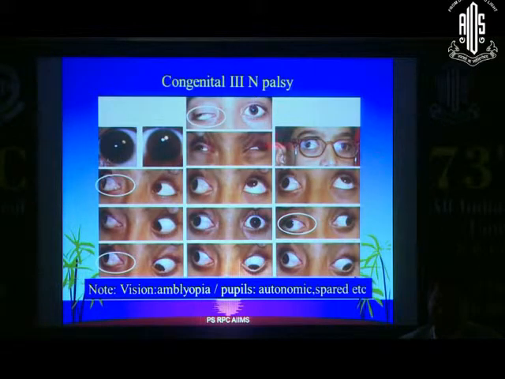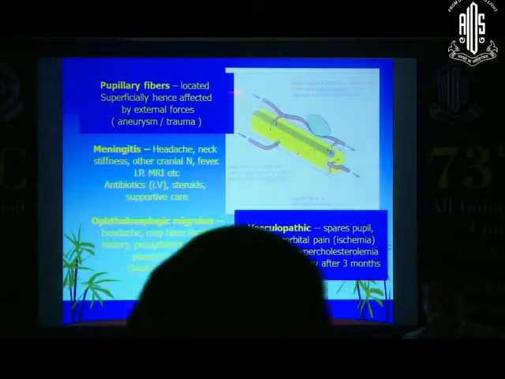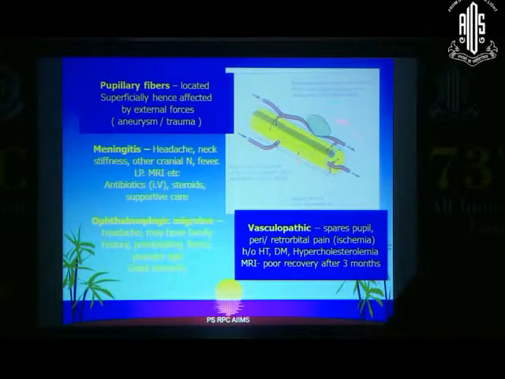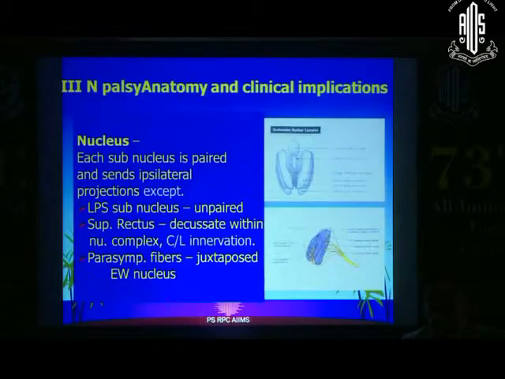A classical presentation with the ptosis, with the anisocoria, and the eye in extreme abduction with the exotropia, which you'll see. Adduction limitation is there, superior rectus is limited and inferior rectus is underacting. So when you have this, and this is the explanation why we have the ischemic lesions sparing the pupils, because these are being spared by the vasa nervorum.